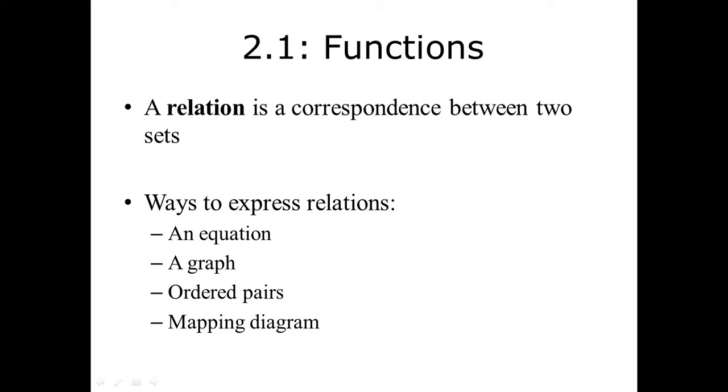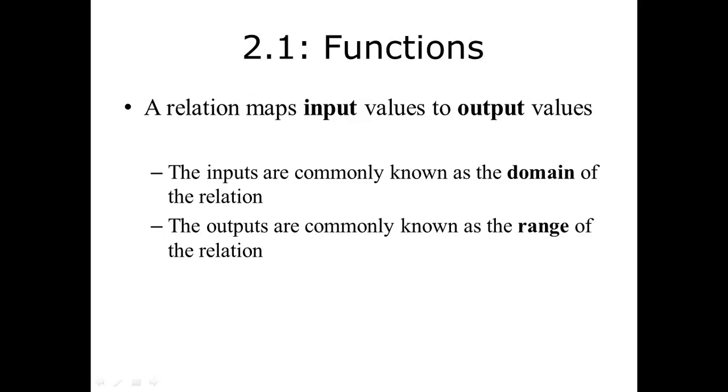Relations are correspondences between two sets, and we could express relations any of four ways. We could represent them as an equation, as a graph, as ordered pairs, or by a mapping diagram. A relation maps input values to output values. The input values are commonly known as the domain of the relation, and the outputs are commonly known as the